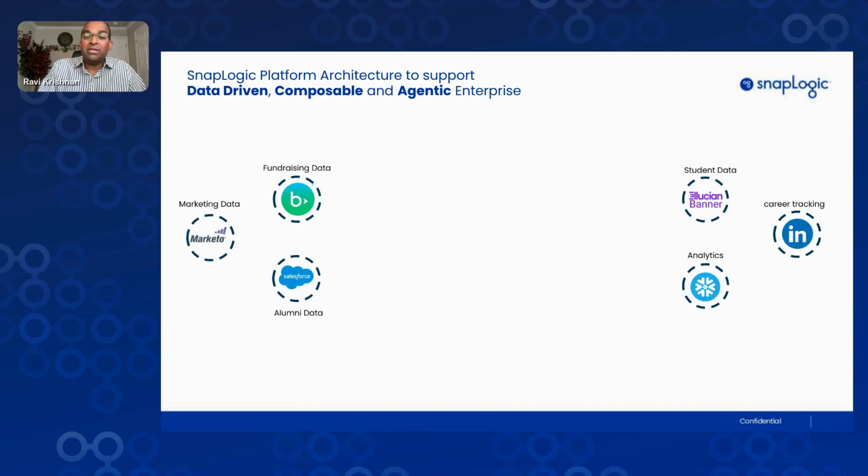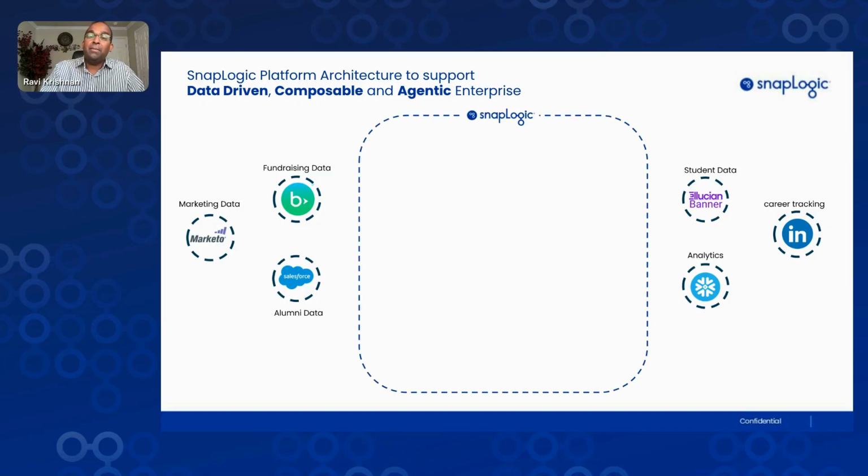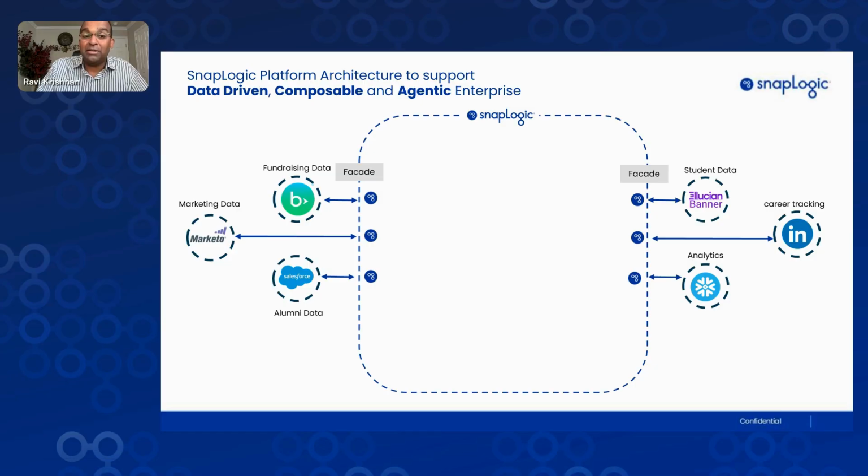Today, like we discussed, the institution's data is scattered across a variety of different applications. You have your student data in Banner, your career tracking in LinkedIn, analytics information in Snowflake, marketing data in Marketer, you name it. Your data is scattered across all of these different places. What SnapLogic gives you is the ability to connect to all of these different data sources. SnapLogic provides a rich set of certified institutional connectors that gives enterprises the ability to connect to all